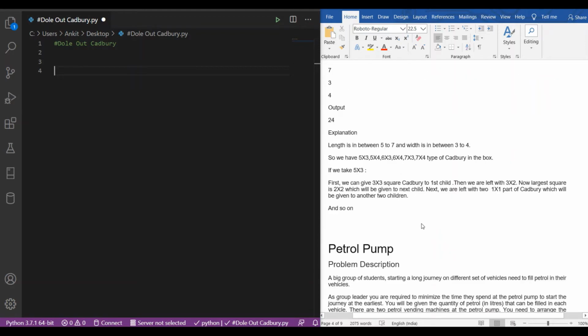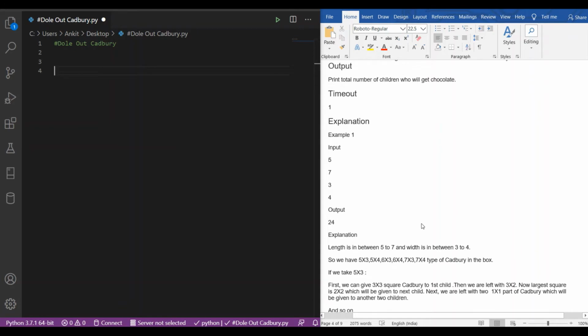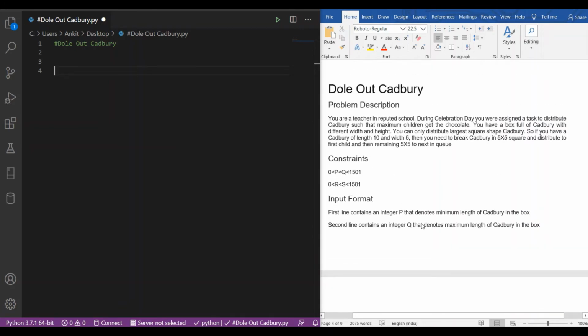The subject to constraints are that the value of the length of the Cadbury should be greater than 0 and less than 1501, and the same for the width.